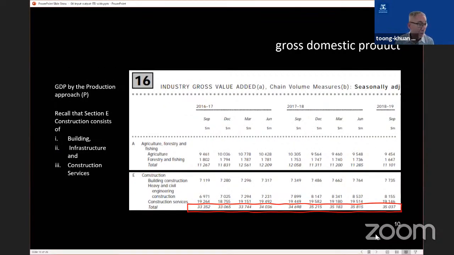Okay, this is again revision. We've spoken about value add previously. So this is value add from Australia, and we divide our construction industry into three sectors: building, which includes residential building and non-residential building. We have infrastructure, which is the roads, bridges, ports, airports, and all those things. And the third sector is construction services. So these are the building completion services, which include electrician, plumber, carpenter, and all the other finishes that go into